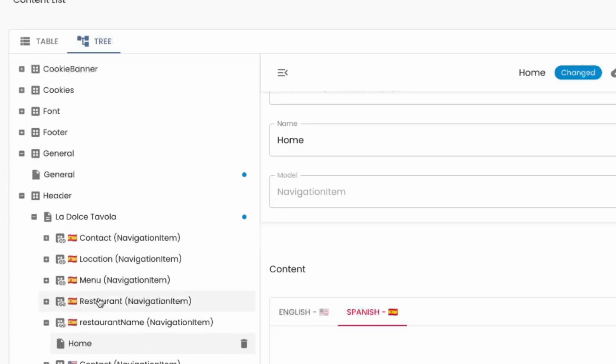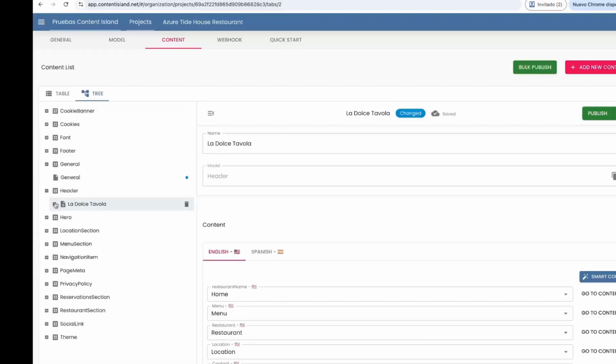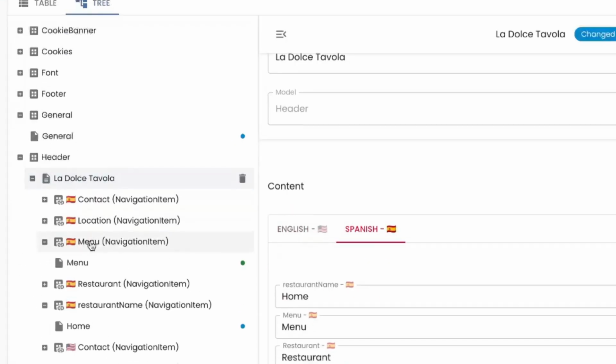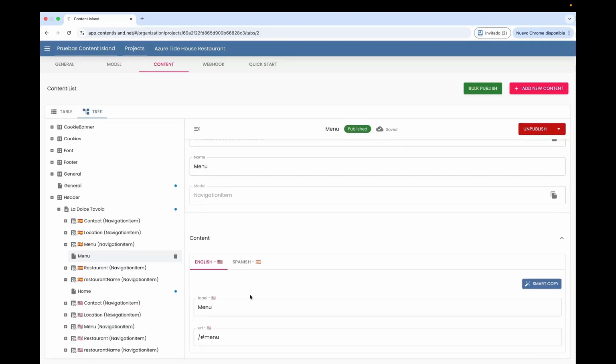I click on La Dolce de Vola again, and the next one was menu. So let's translate the menu one. We click on Go to Content. And menu can also stay the same. Let's see how it is in Spanish. Well, it has an accent, that's fine. Let's go for the next one,